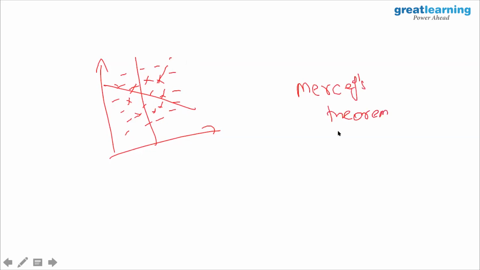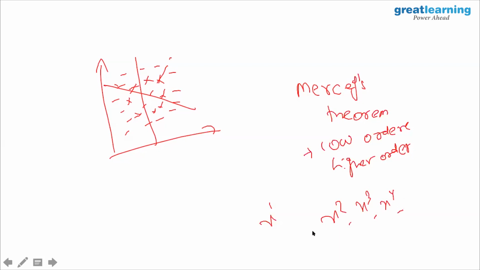where we can convert low order dimension data into a higher order, right? I think this is the point we're talking about. Low order usually talks about x power 1, so higher order talks about x square, x cube, x power 4, and so on. So the basic idea is to convert this into another dimension where I can now linearly separate the data and draw my hyperplanes around it. So this is a key core advantage that support vector machines have to handle non-linearity of data.